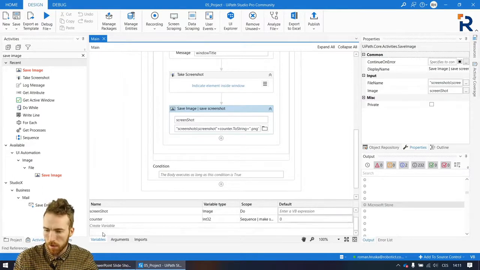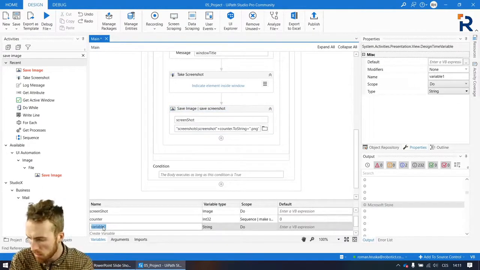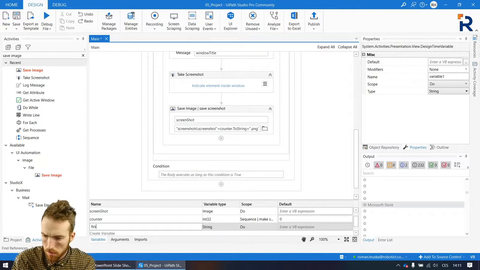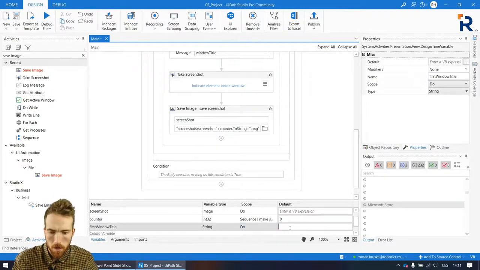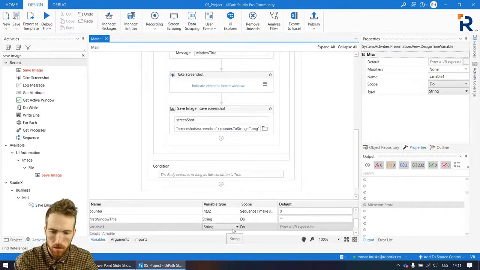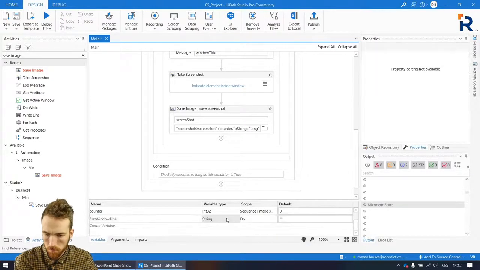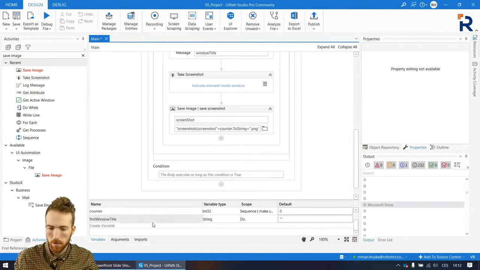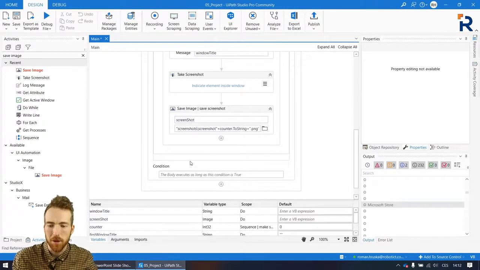Let's create a new variable that will be called first window title. Okay, and by default it will be empty. So I'll just for sure make these double quotes, and I don't want this one. Okay, I don't know. I hate how this new variable is created every time. Anyways,